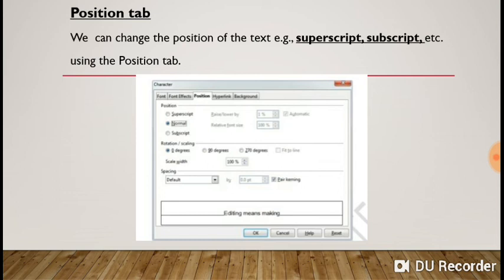You want to set the spacing in between the characters? Yes, we can set from the spacing drop down arrow. So we can format our character by setting its position as and when required.